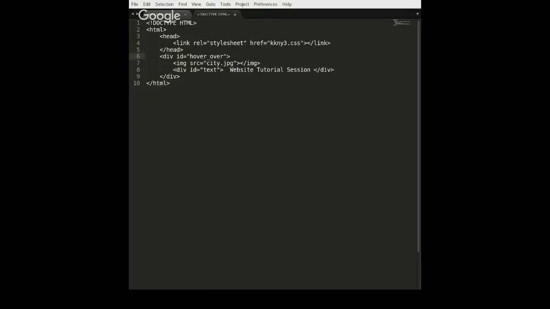Yes, I would like to replace. And now let's go ahead and open up that file. As you can see, this is just a basic image, no functionality, and it has the words website tutorial session